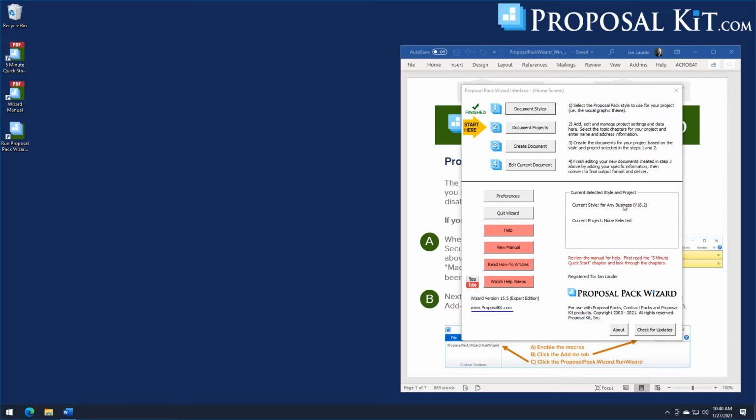We use graphics for the chapter headers in the graphic design theme packs, so those have to be replaced with text that is then translated. In the plain text proposal packs, for any business and for government grants, all the chapter headers are already in text and it's just a simple